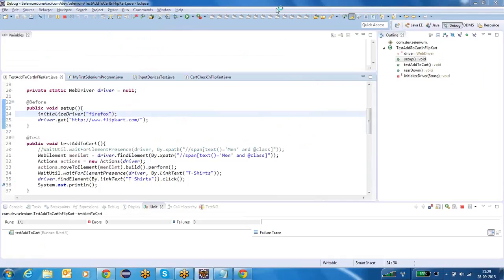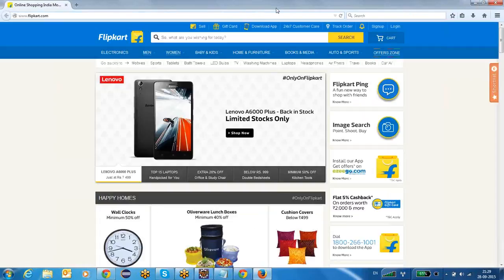Let me try with Firefox also once. It's supposed to work actually, but it's not working as expected. It's clicking on men and then